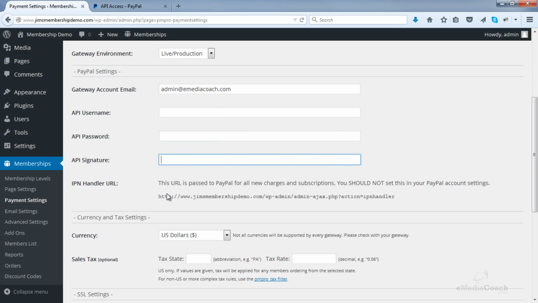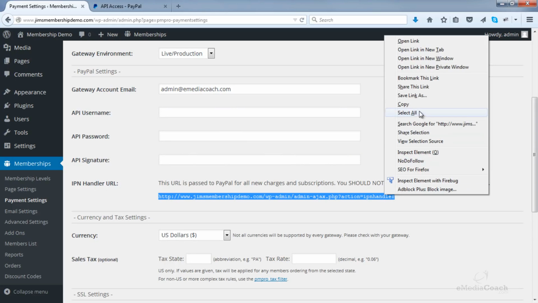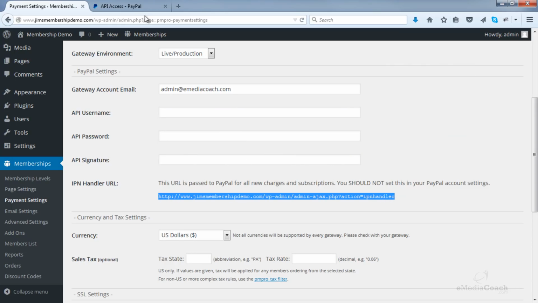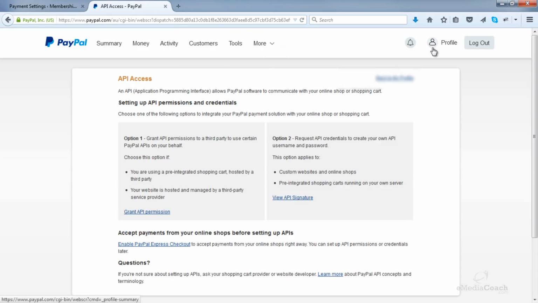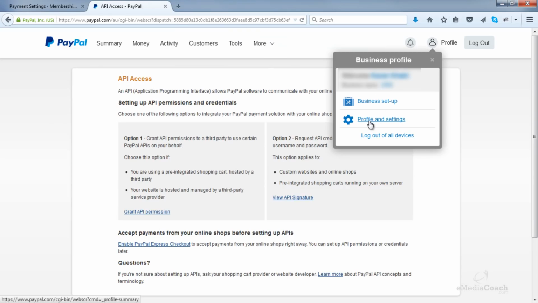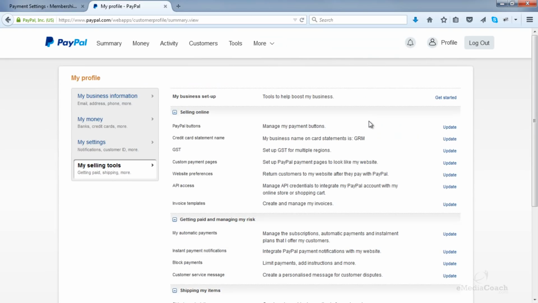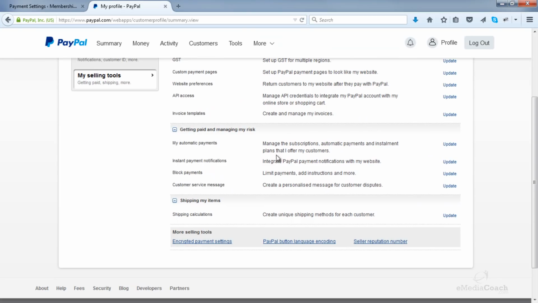The next thing you need to do is see this IPN handler over here. Just copy that whole URL. So copy all of that. Go back into your PayPal account. Go to Profile and Settings. And you want to look for the area for instant payment notifications.